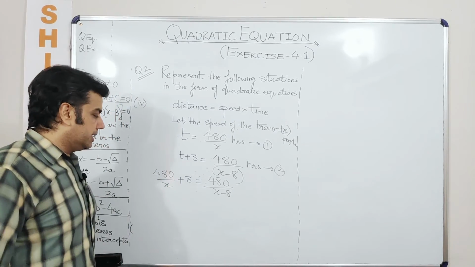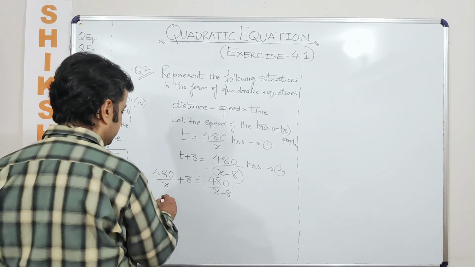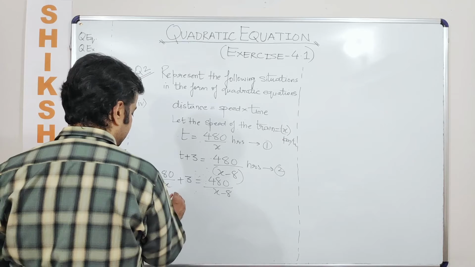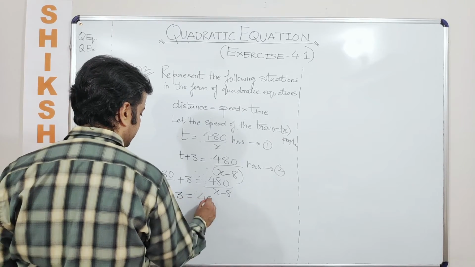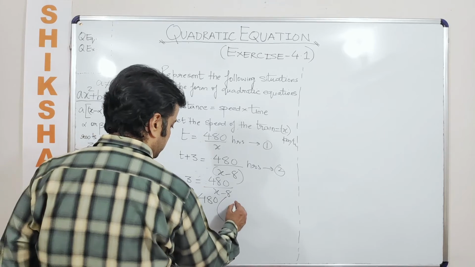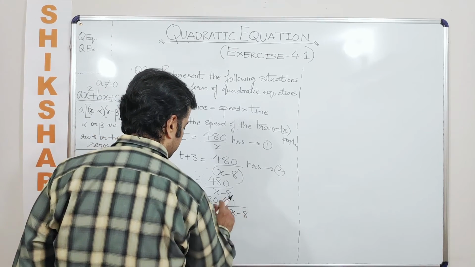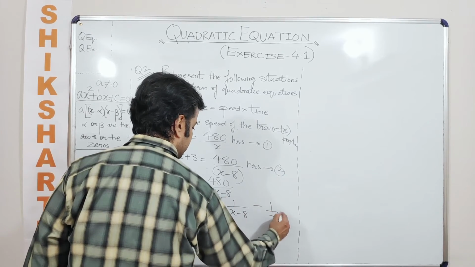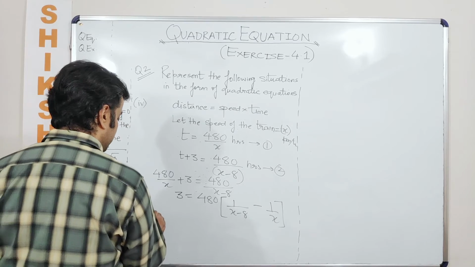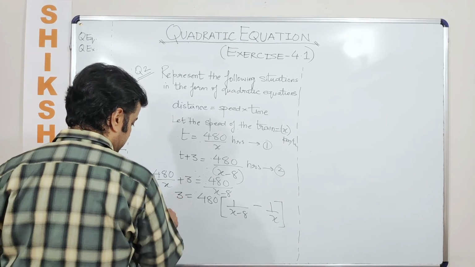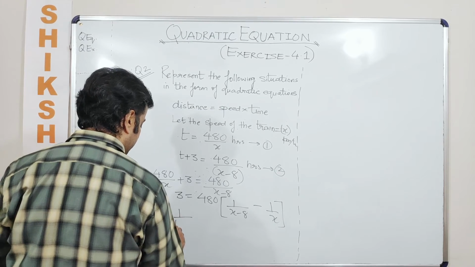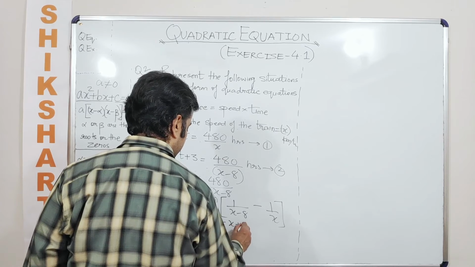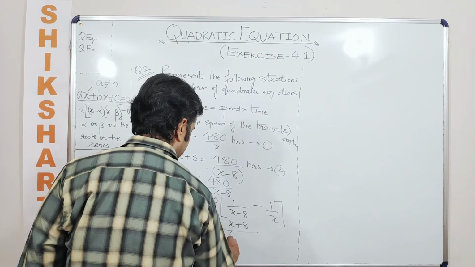So I need to make a quadratic equation out of this and then solve this equation. There are two ways here. One is I can bring 480 on one of the sides. So which is just like saying 3 is equal to 480 times of, so now this is how much? 1 by x minus 8. Let's use another bracket here. Minus 1 upon x. And this eventually can be written as, can I write this as? So this 480 goes down and I can say this is 1 divided by 160 is equal to x minus 8, which is, now this becomes plus 8 upon x into x minus 8.